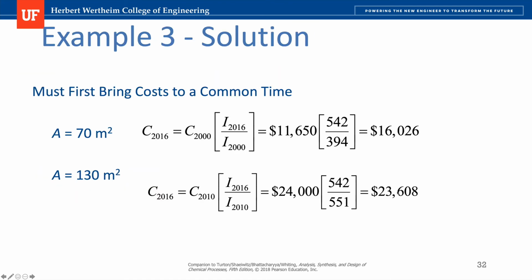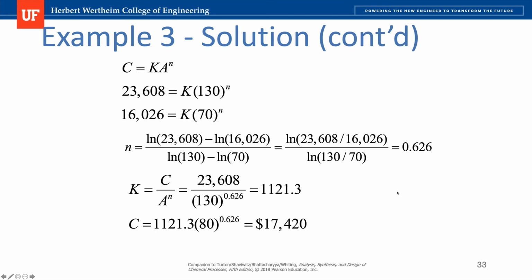So let's do this. Again, we're going to first bring all of the equipment to the same common time, so we change it to the 2016 time. These are the corresponding 2016 prices of these two pieces of equipment with different capacities in area. Then the next thing is to calculate the exponent for the equation relating the two capacities of the same equipment. Notice that after calculation, you get a number that is really close to 0.6. So when you don't have enough information like we do here, it's okay to use 0.6.